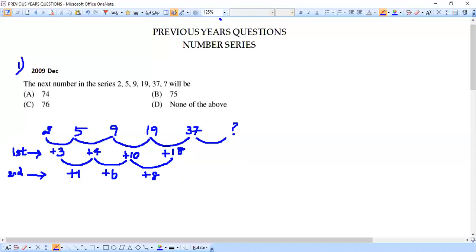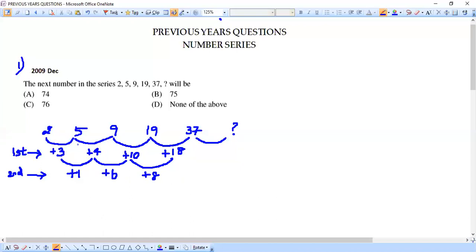That didn't help us. Now let's see about the second level difference, which is plus 1, plus 6, plus 8. This again seems to not give any proper pattern. Is it or not? So we'll not have to think very deeply. We'll have to just find the difference, then the difference of difference. The moment we see it, we should be able to catch some pattern. Then we can conclude, or else immediately try to move to the next test.